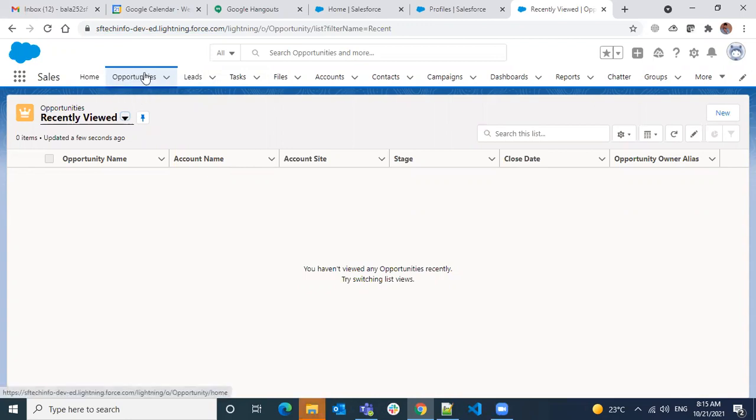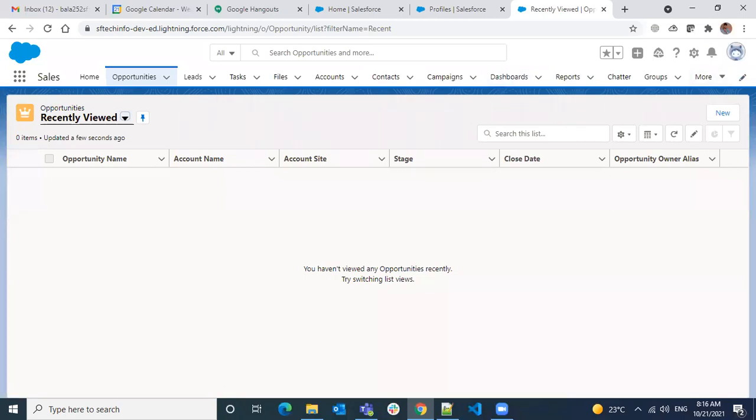So how can we create this tab? What are the standard things offered by Salesforce? These are tabs for standard objects. And okay, I don't want these tabs to be visible here. How can I remove them or get rid of them? You can see a pencil icon.